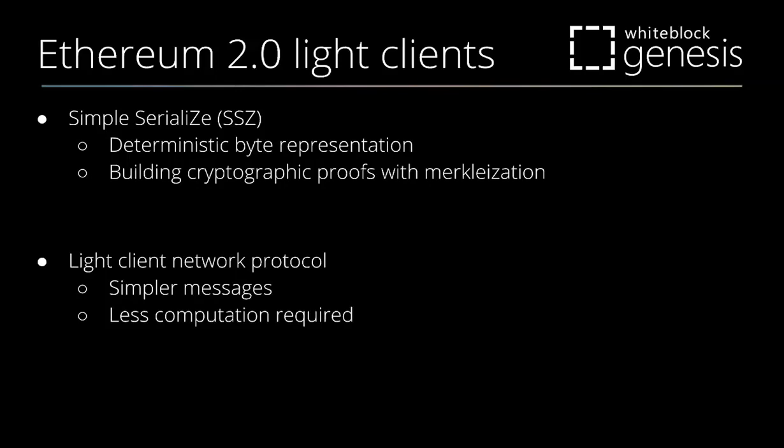So we can actually now create very light clients that can just gossip all those proofs and would allow us to make sure that cryptographically we are securely passing around a portion of the block that is important to us. As part of that, we now have the ability to create a new network protocol for light clients, and to create light clients in general for Ethereum 2 that will have a much lesser computation overhead, and we'll be able to send simpler messages. So we'll be able to very quickly generalize a lot of the Ethereum 2 chain using this approach.